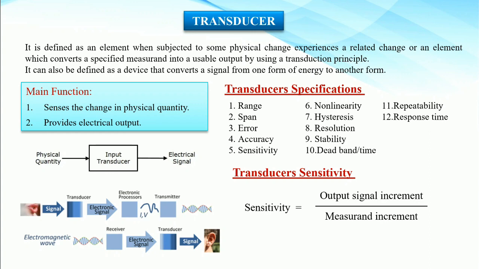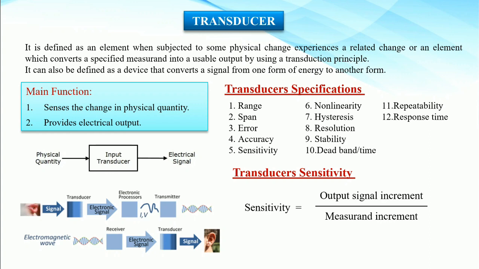Then there is the deadband or dead time. The deadband or dead space of a transducer is a range of input values for which there is no output. Then there is repeatability, which I have already discussed. Repeatability is the ability of a sensor to give the same output for repeated application of the same input value. The last one is the response time, which shows the speed of change in the output on a stepwise change of the measurement. It is always specified with an indication of the input step and the output range for which the response time is defined.